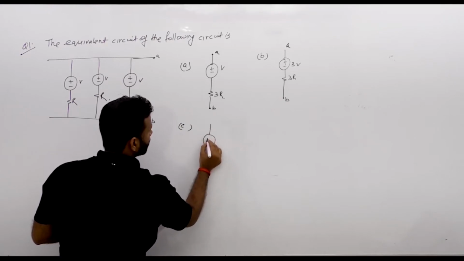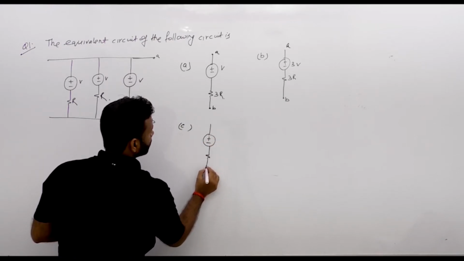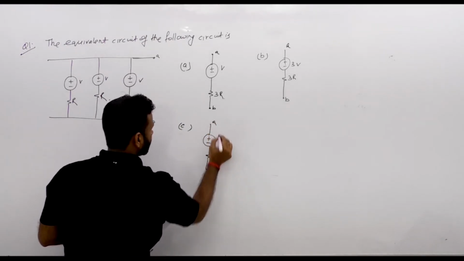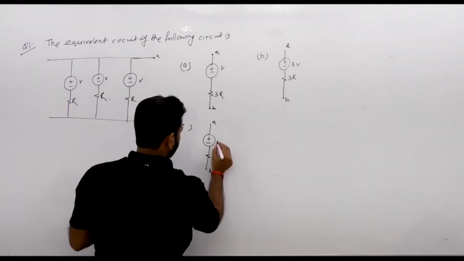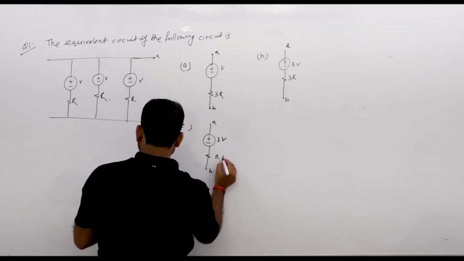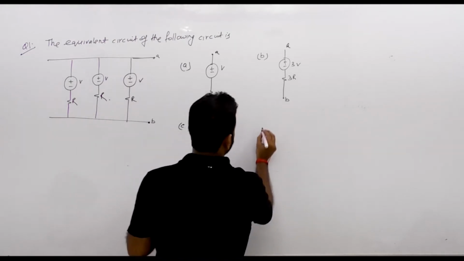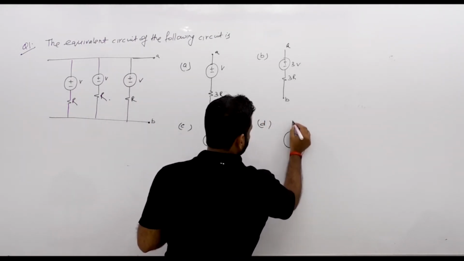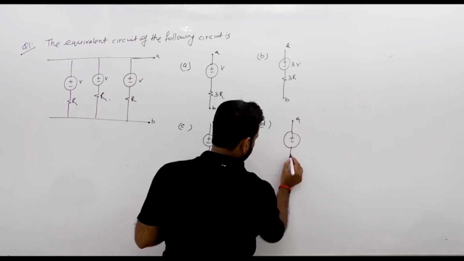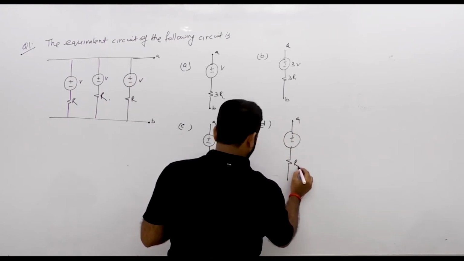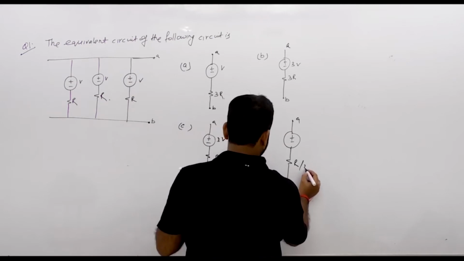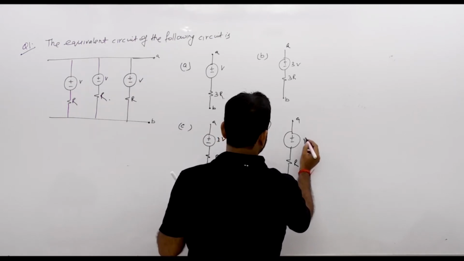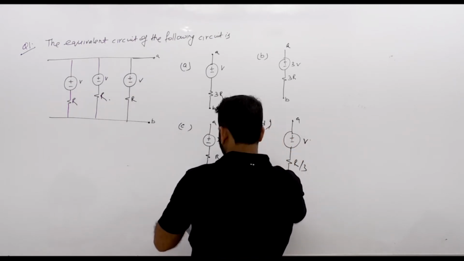Now हमारा जो थर्ड ऑप्शन है वो है 3B upon R by 3, और हमारा जो D ऑप्शन है वो क्या है देखते हैं, ये है B, ये है A, इसी के साथ सीरीज में लगा होना चाहिए था R, बट यहाँ पर है R by 3, और ये है B। सो ये रहा हमारा D ऑप्शन।